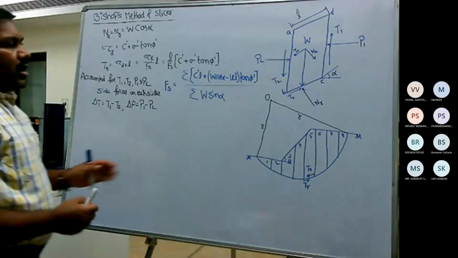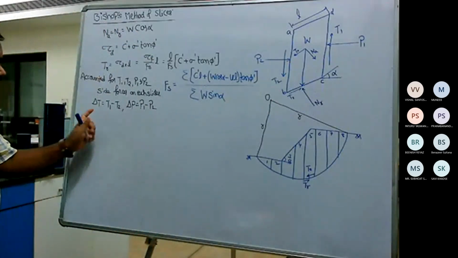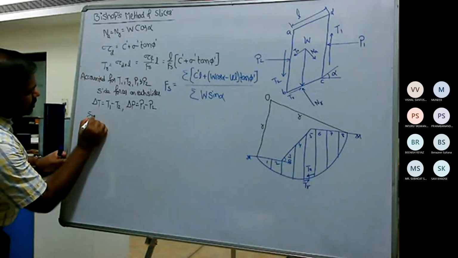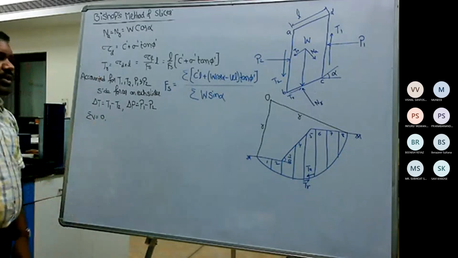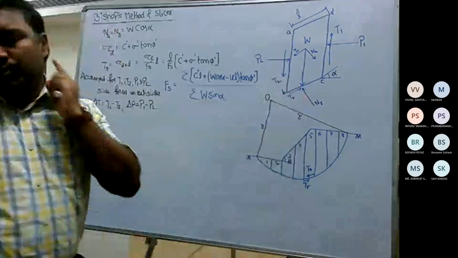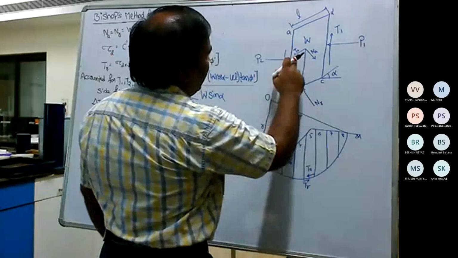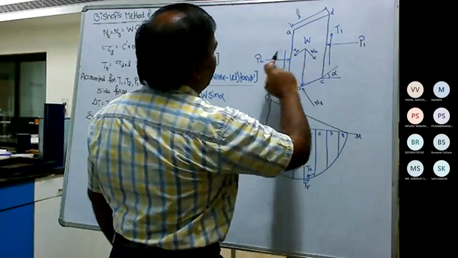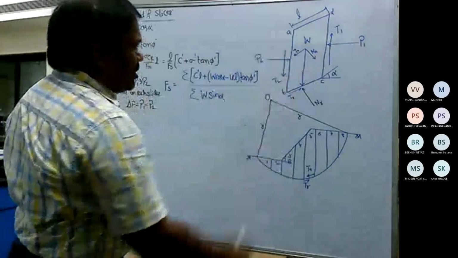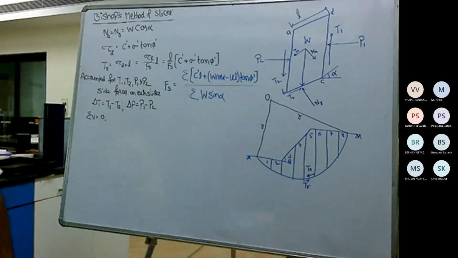Now the other equilibrium equation that Bishop has considered in order to account for delta T and delta P is the summation of all the vertical forces, so sigma Fv equals 0. Consider the vertical forces and try to resolve them in the vertical direction: the vertical component of TR, NR, TA, NA, T1, T2 and so on and so forth. So just try to draw the equilibrium equation, the summation of all the forces in the vertical direction.